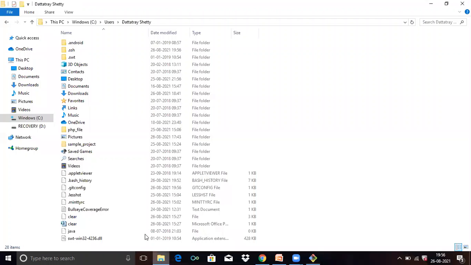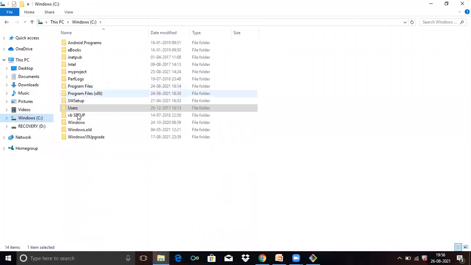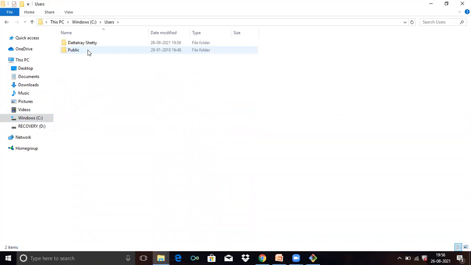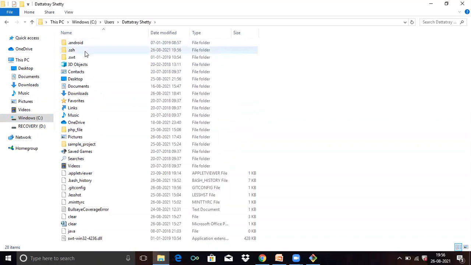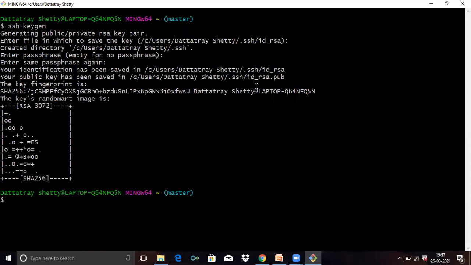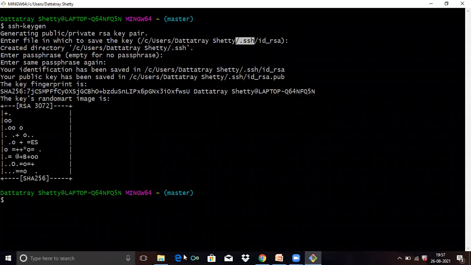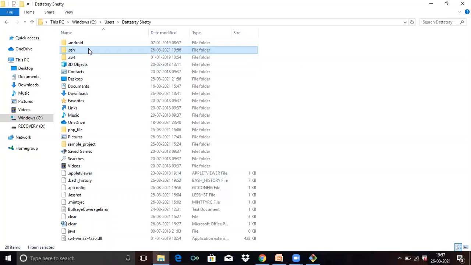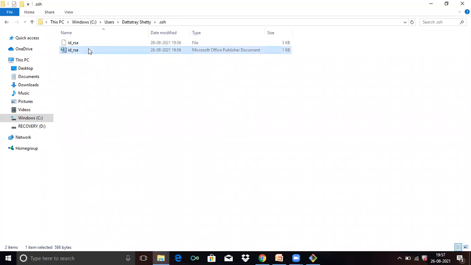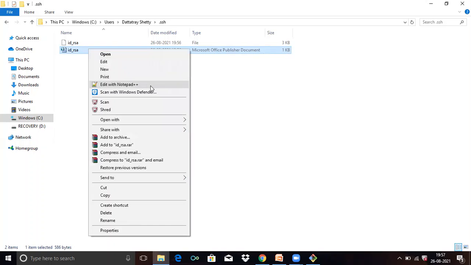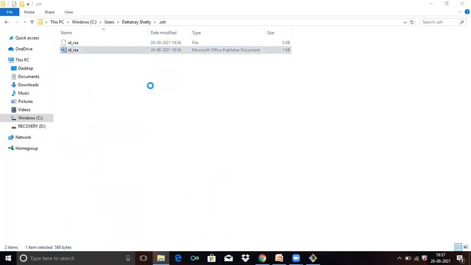So go to C, user, and you can see here the .ssh folder, the same name here, .ssh folder. Open the folder and open the file with pub extension. So open with Notepad or Notepad++.